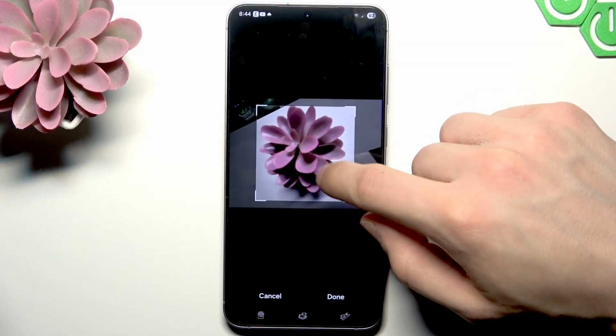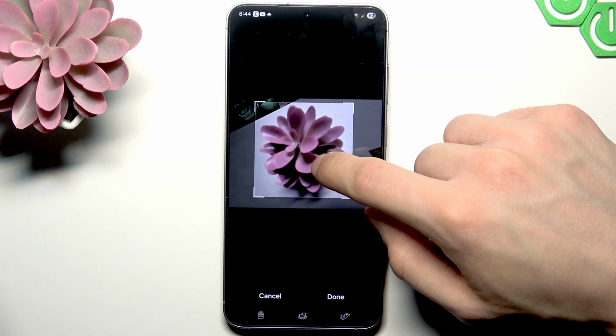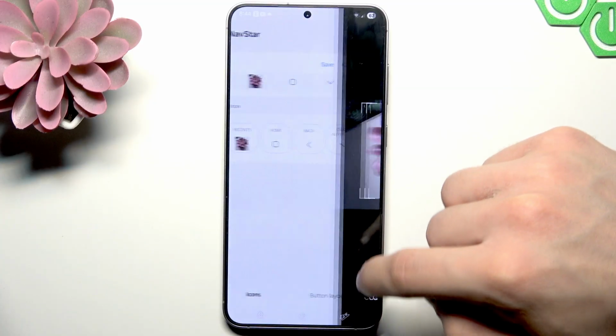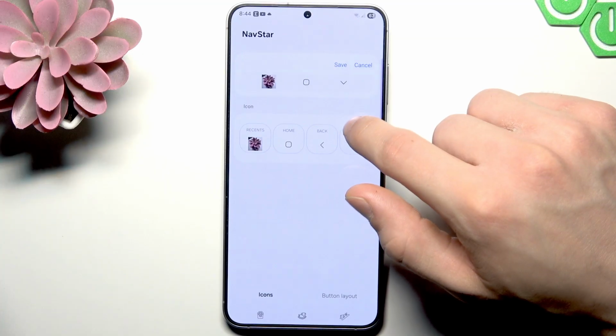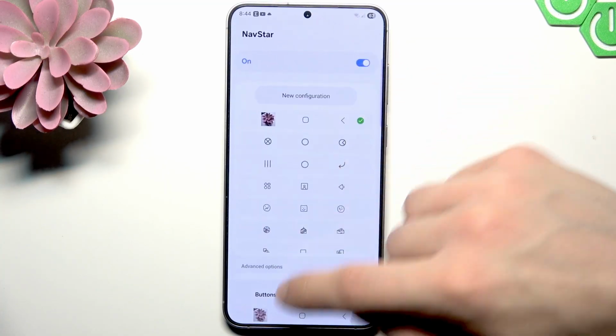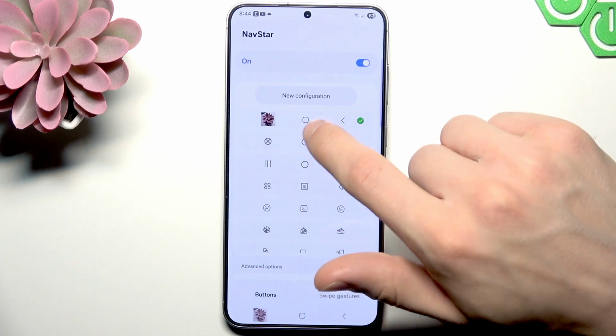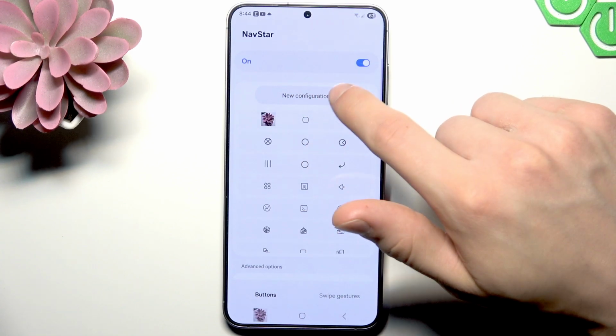Now we're gonna need to crop it in order to proceed, so let's crop it like this and tap done, and now this will be our recent button. Let's save it, and as you can see right now we have a custom button with a photo on it,